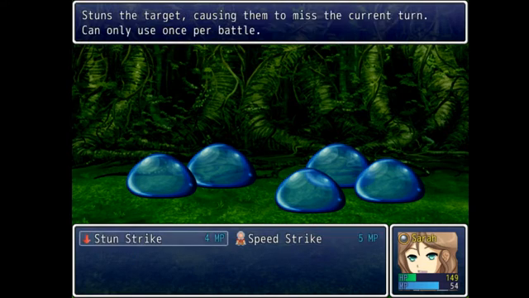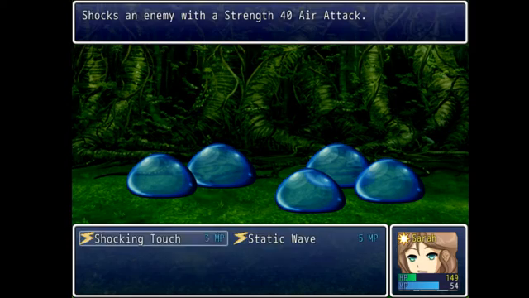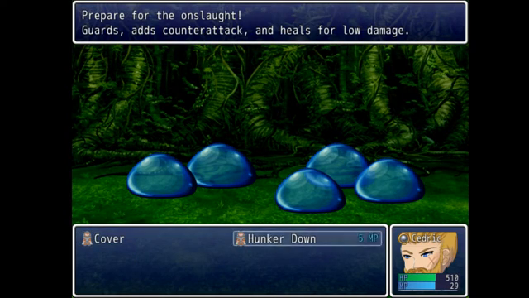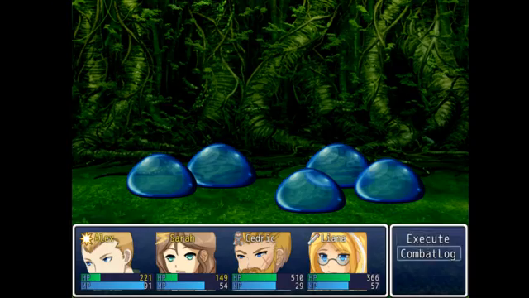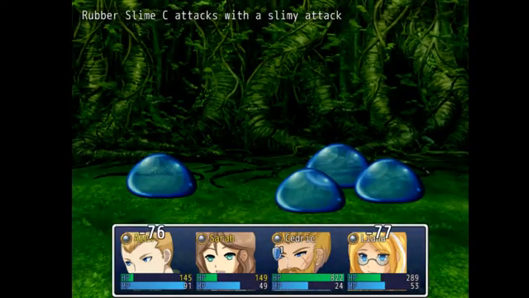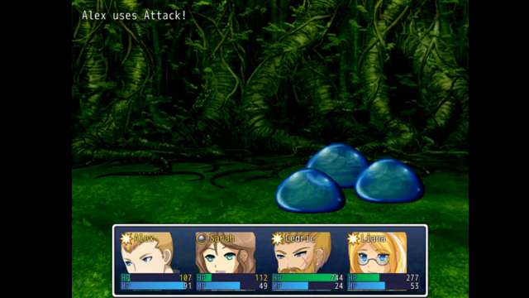Then she has thief skills, which can cause things to miss a turn, which is kind of cool. He has Protector skill, so he can take the attacks instead of wounded allies. Or Hunker Down. And then she has Chemistry, which lets her toss acid. I didn't really notice much of the counter-attacking thing, but...